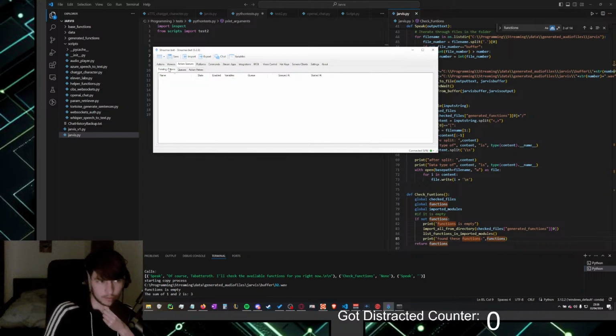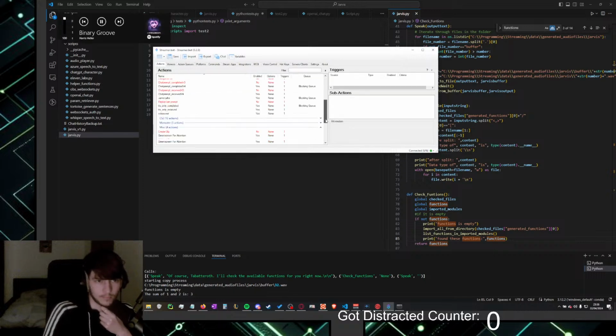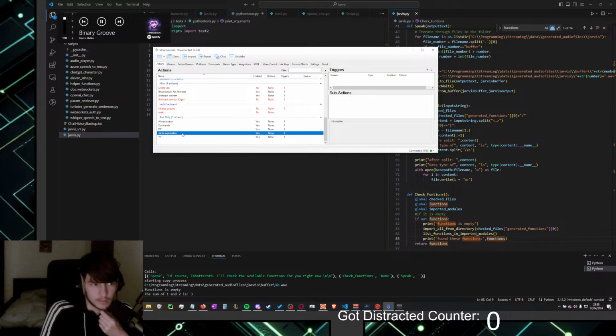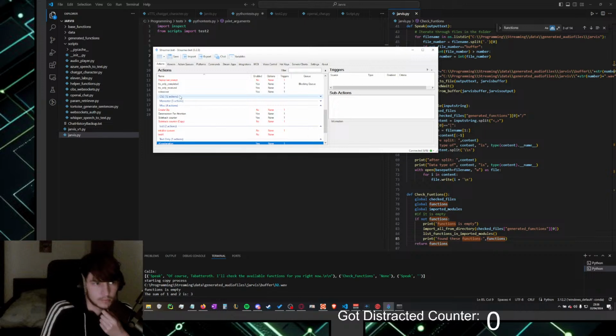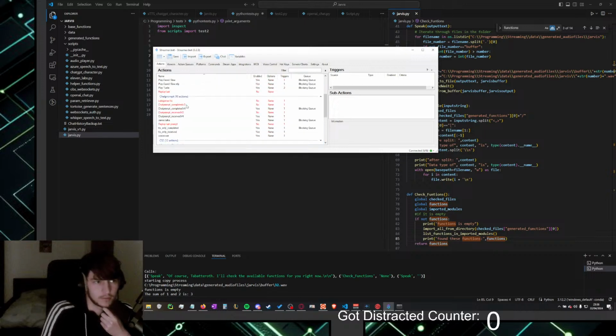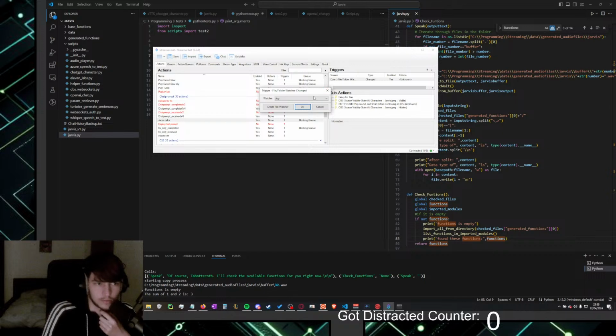Yeah, this one messed up. Why did this one mess up? Nope, that's wrong. Where's Jarvis thing? Jarvis talks here. Why did this break?